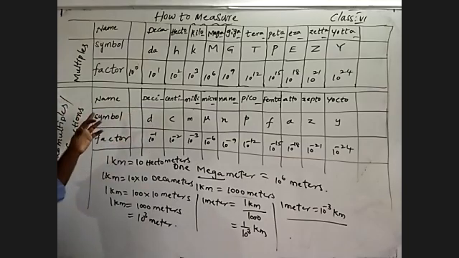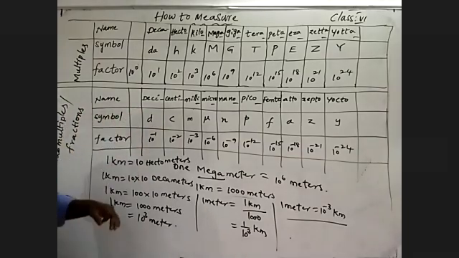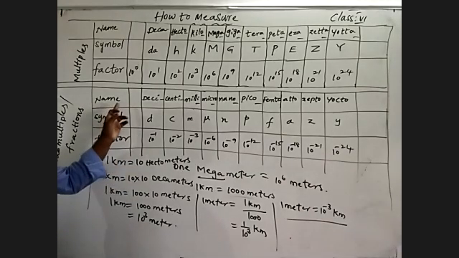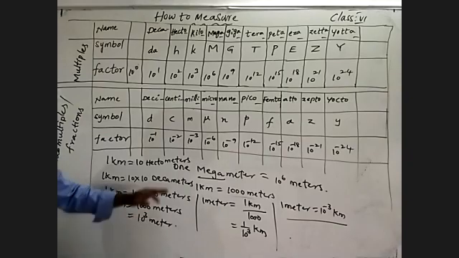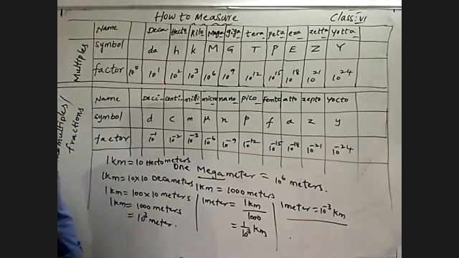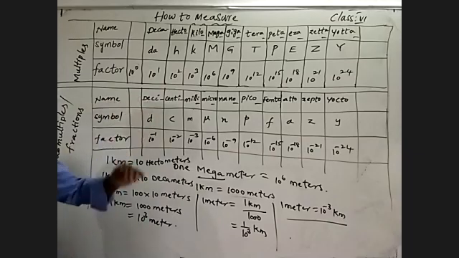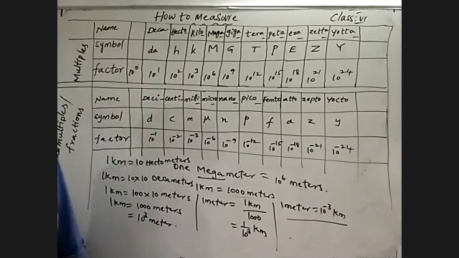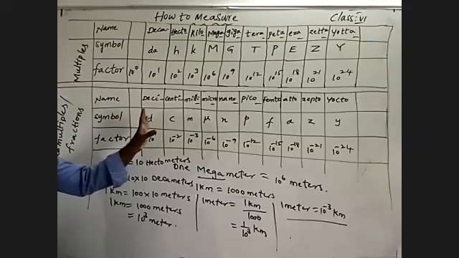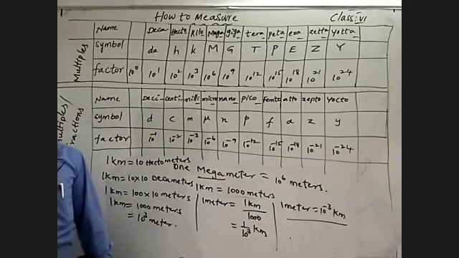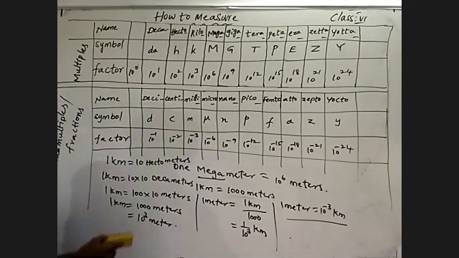And also we have to remember what submultiples are, otherwise fractions. We have to remember symbols, names, and factors, which are submultiples and which are multiples. We have to remember carefully. Once we know, to convert from one unit to another unit, it is easy to convert. Understand?